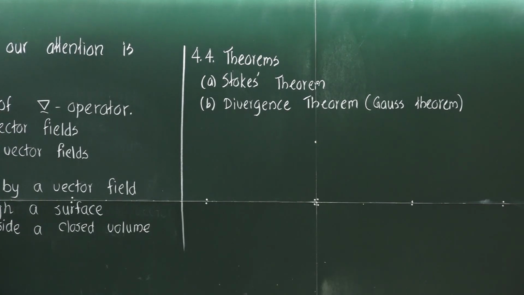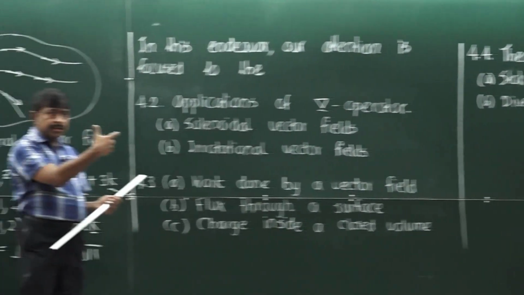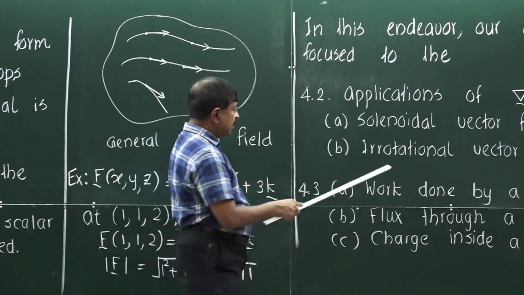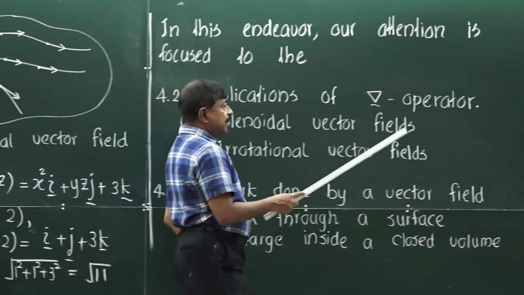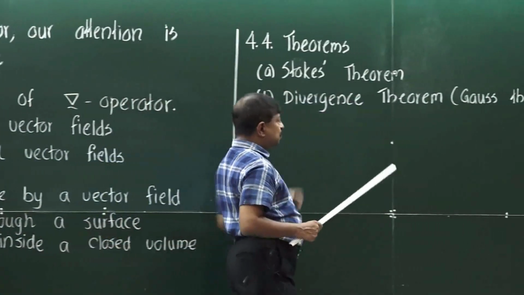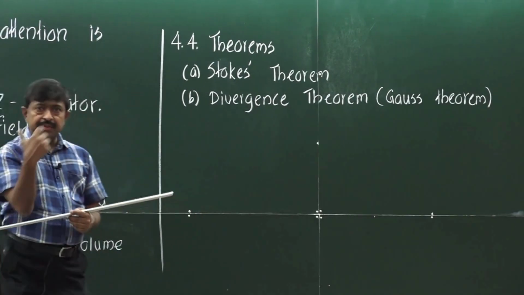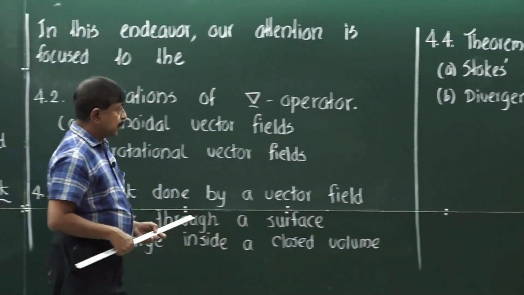In Stokes' theorem, you connect a line integral with a surface integral. Still, we don't know what they are. We have to first go through this one. In the divergence theorem, you connect a surface integral with a volume integral. Okay. We will see